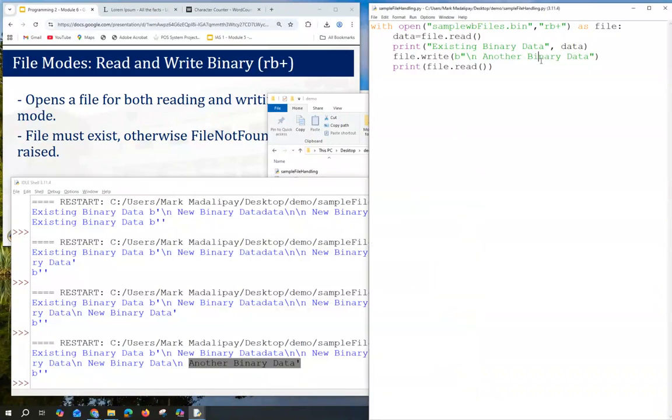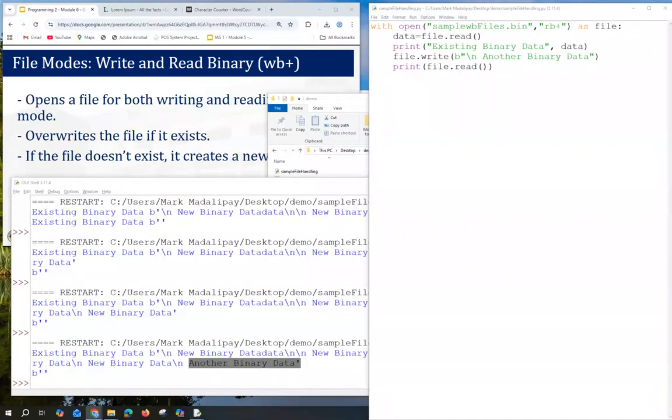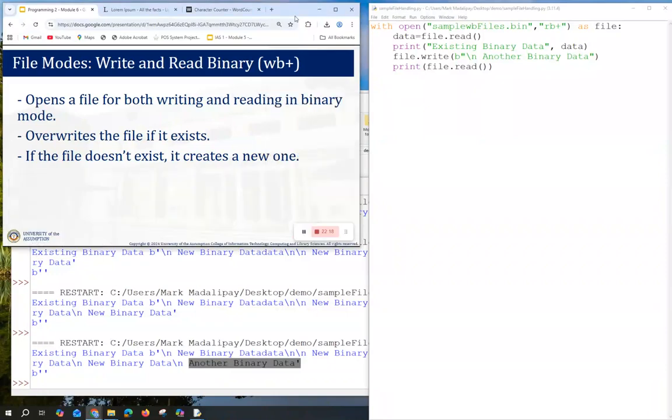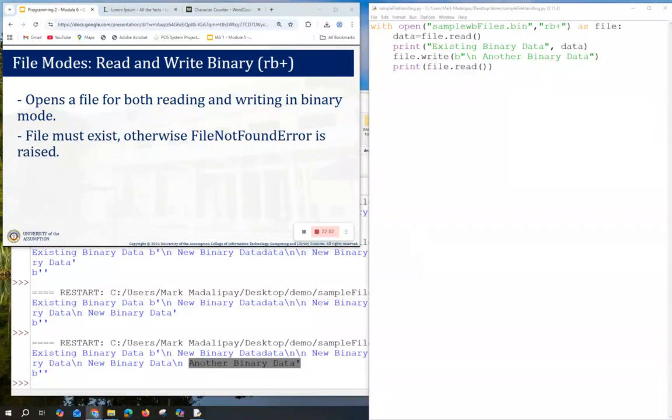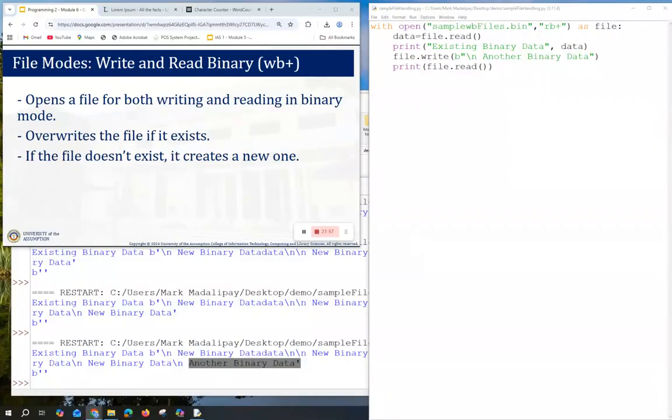Okay. Next, we have also the write and read. What we had earlier is for read and write in binary mode.